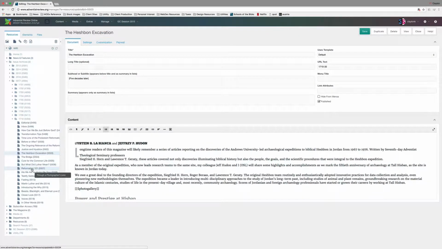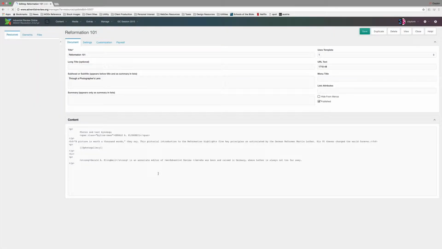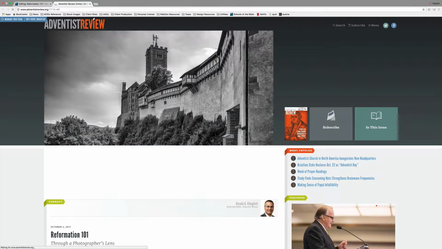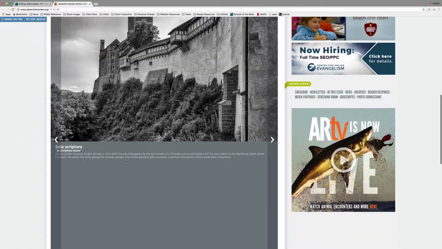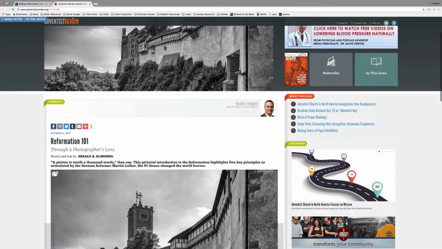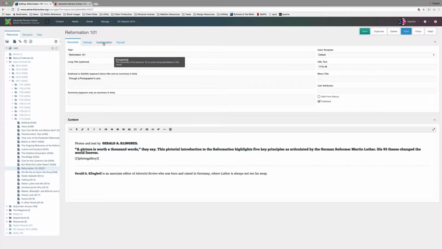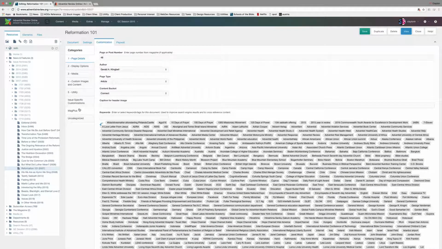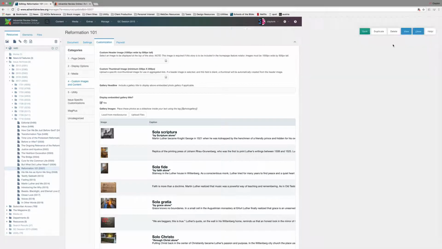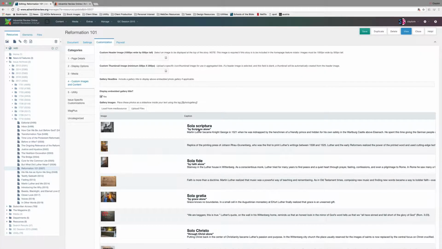Let's go to Reformation 101. Now, this is just a photo gallery, as I mentioned, but let's take a look at this in the front end, because the text or caption for each image needs to be a little bit different. You see we've got a larger title and a little subtitle, and then the text for the actual caption. So if we look at that in our gallery snippet here, for some reason my JavaScript isn't working properly. Now you'll see if I edit this,